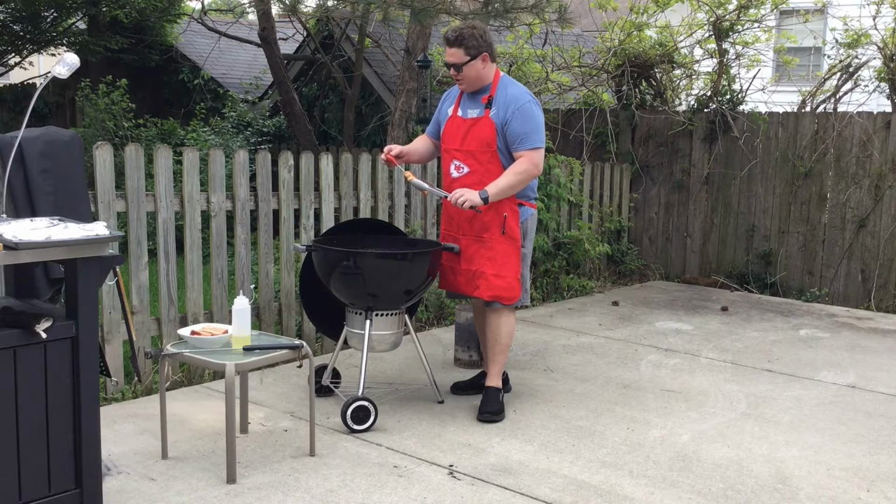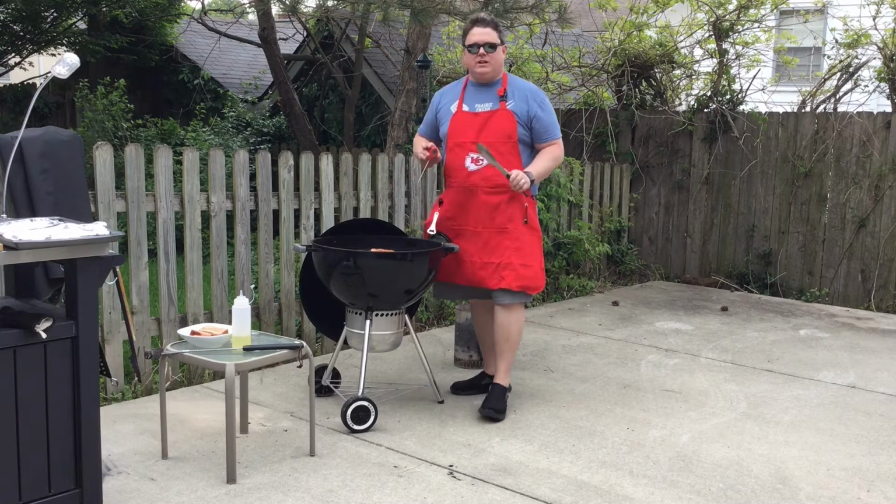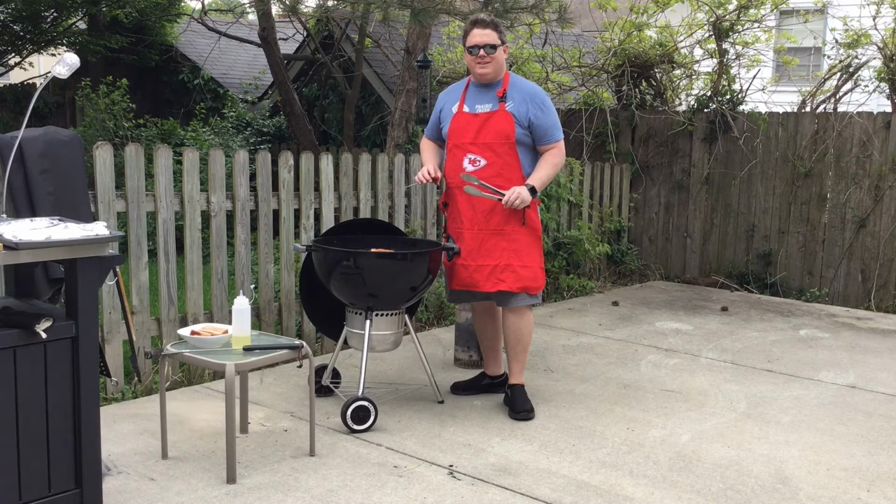So I've got my last chicken breast. The thickest part of the meat is reading 163, so I'm going to go ahead and pull it. I'm also going to let that rest for about 5 minutes just to let it settle down a little bit right next to my steak, and then we're going to